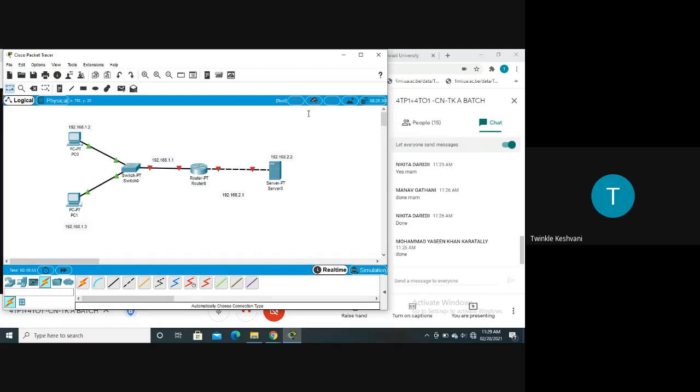Make sure that you are not skipping any IP address here. If you are unable to see the numbers, you can ask me.